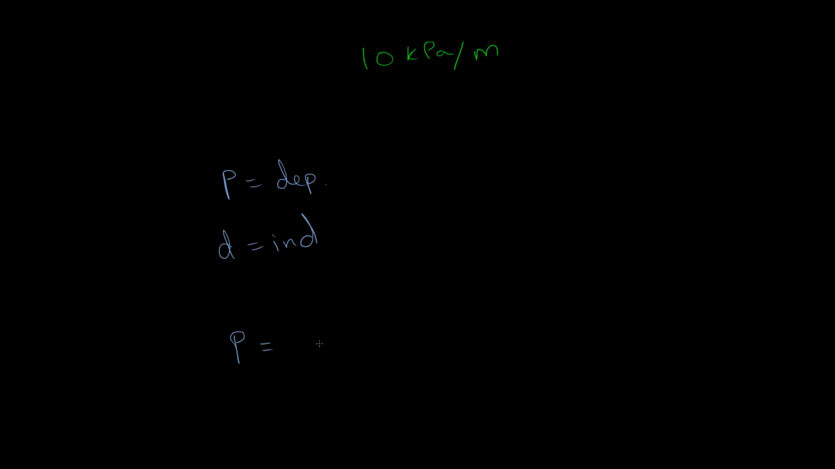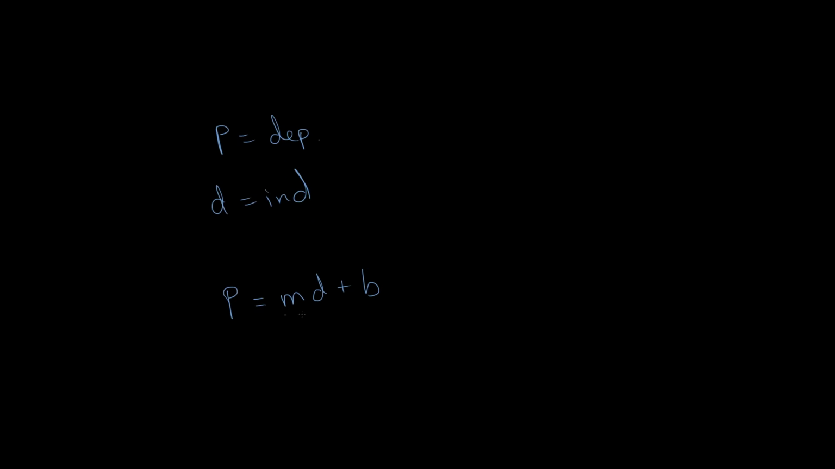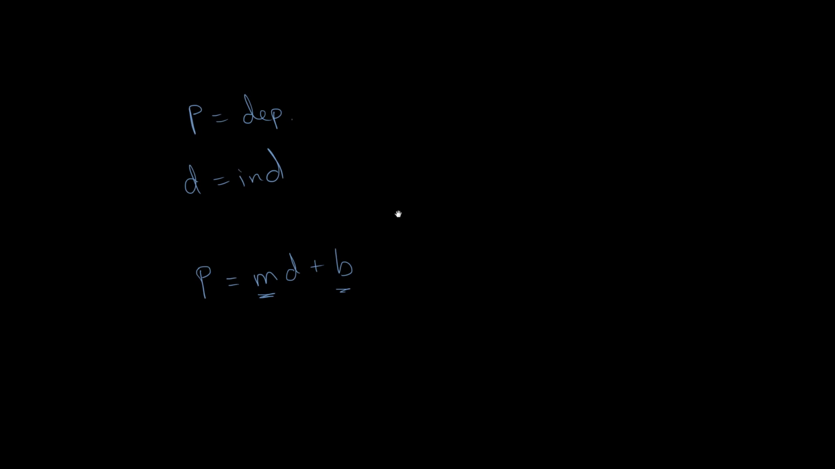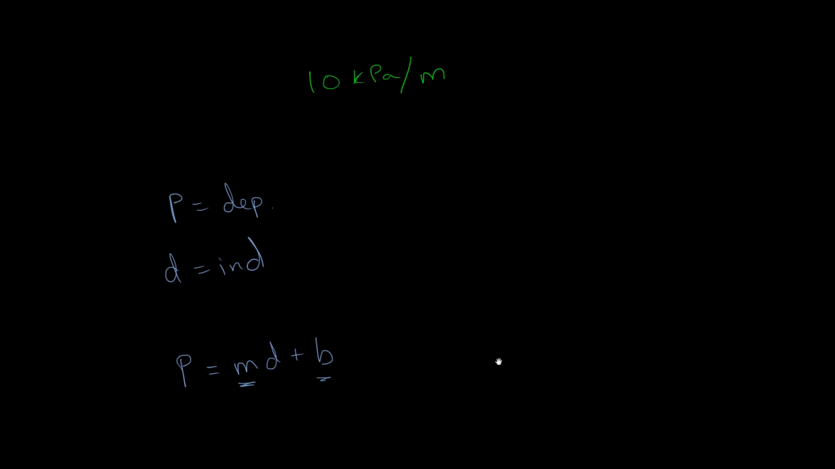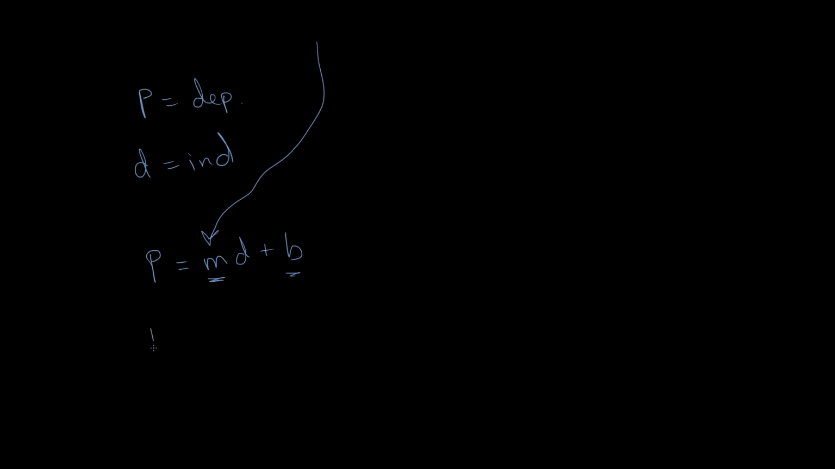So for any linear relationship, it's always going to follow the form mx plus b. Except in this case, instead of x, we're just going to be using d. So now we have to figure out what our slope m is going to be and what our y-intercept b is going to be. Well, what is slope? Slope is just how much the line changes over a given distance, which is kind of like rate of change. So we actually already found our slope. It's 10. So we can just plug that in right here, and we can say pressure is equal to 10d